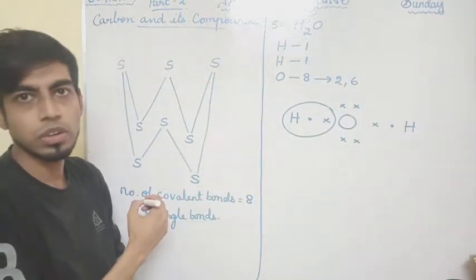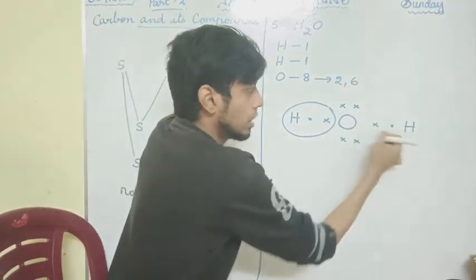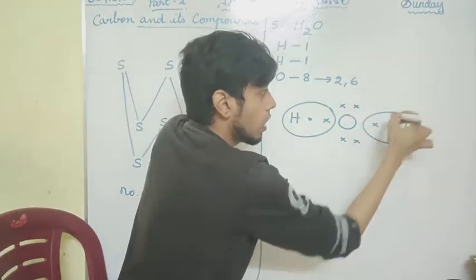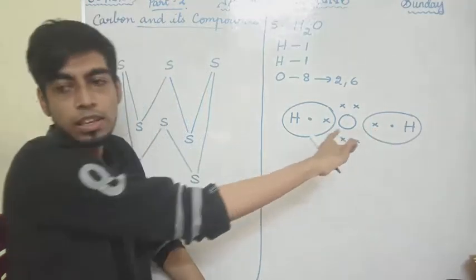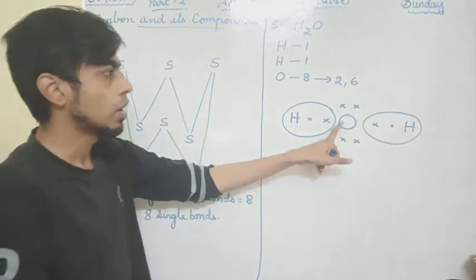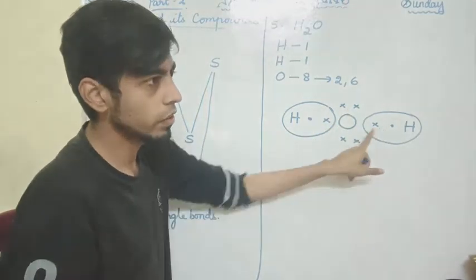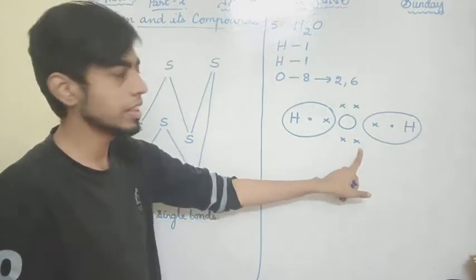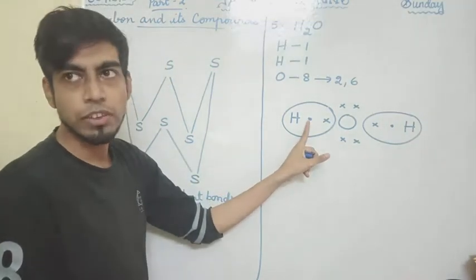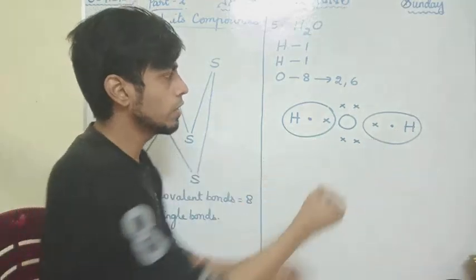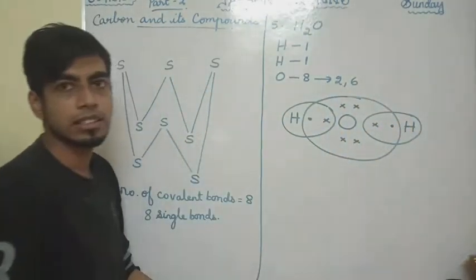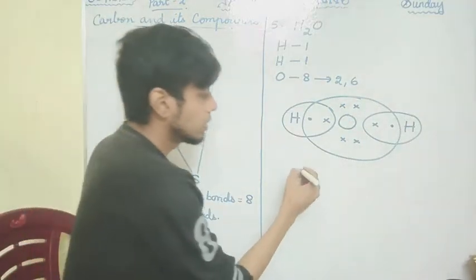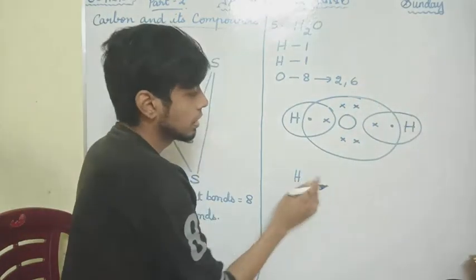So 2 electrons you have to circle. And for this hydrogen also already it is having one electron, you will circle it from oxygen. And oxygen 1, 2, 3, 4, 5, 6. Already it is having 6. 7th one it will share from this hydrogen and 8th one from this hydrogen. So you have to circle like this.